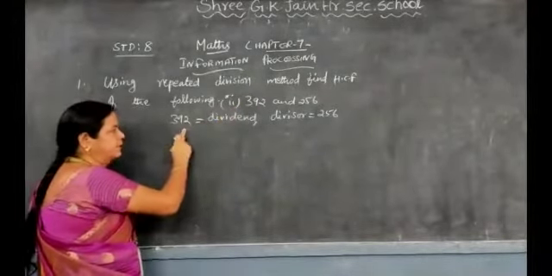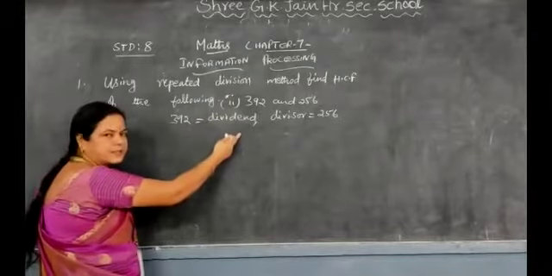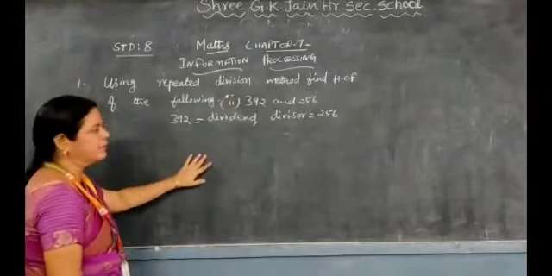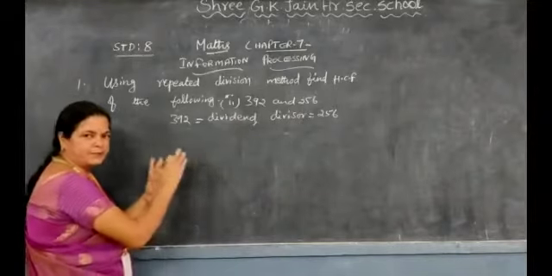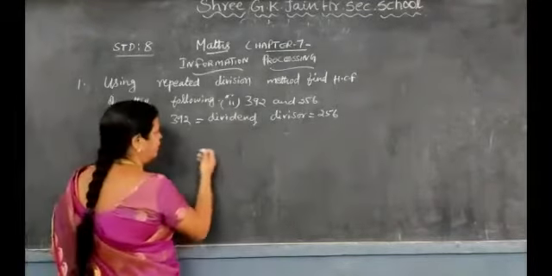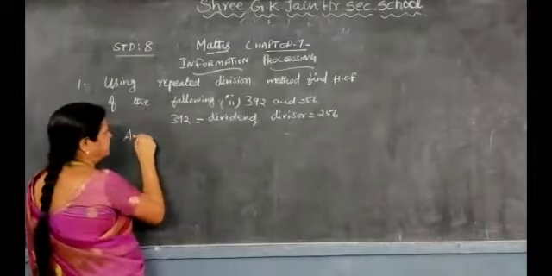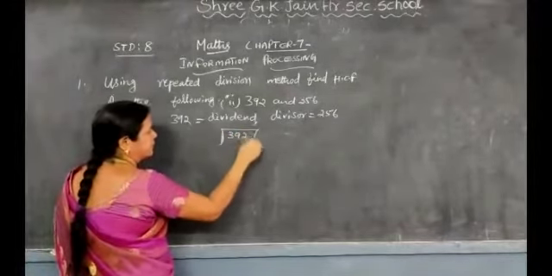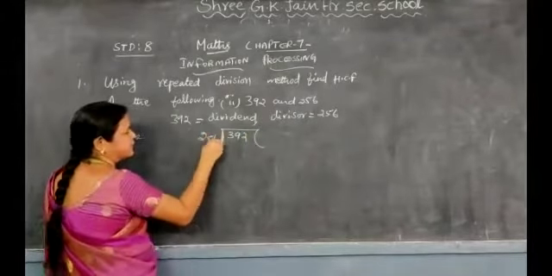Okay. Now 392 is the biggest number, so you are taking that as the dividend, and 256 is the smallest number, so you are taking that as the divisor, comparing these two numbers only. Okay. Now, shall we do that? Yes. So 392 it will come in. Inside that you will take the dividend and then 256 as the divisor.